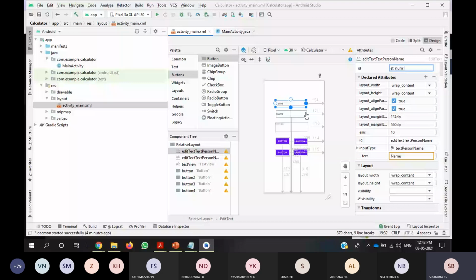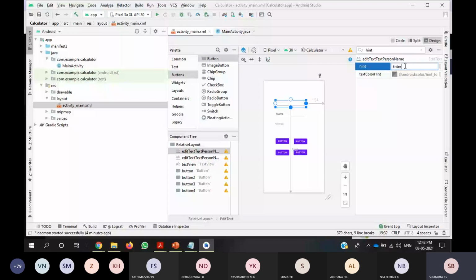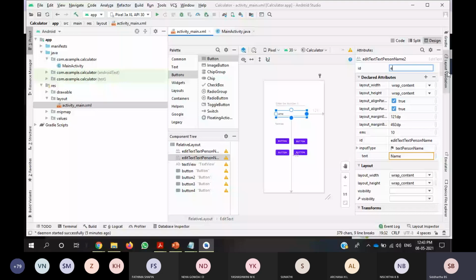We don't want text, and I need to give an input type, so type int, and in the hint you can write: enter the number 1. Next is the second edit text. I will change the ID to edit_text_number2. You should be careful about what ID you take, because you are going to use that ID in the Java file.